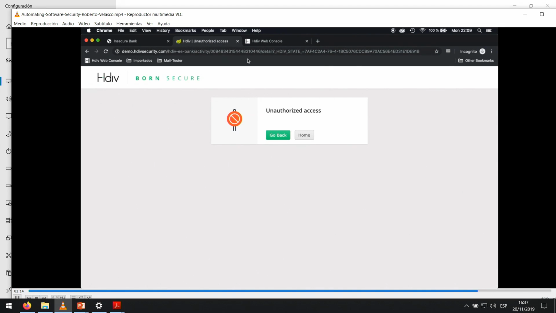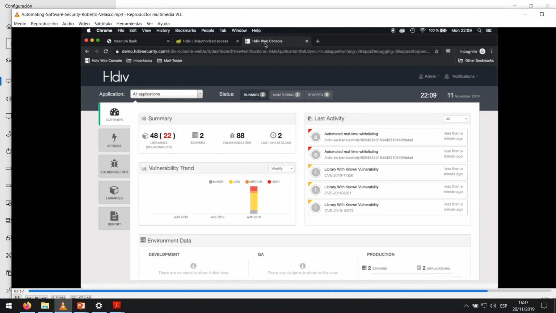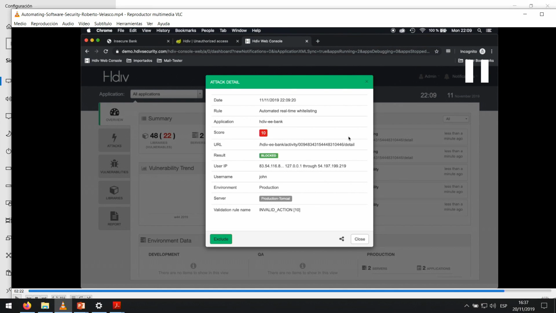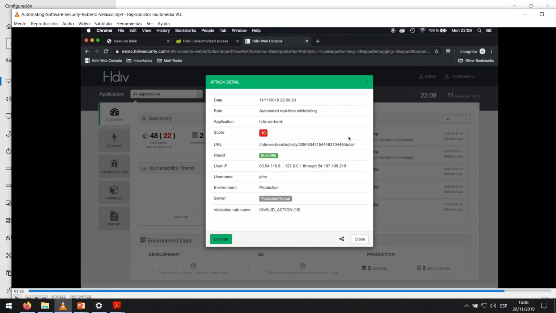In that case, the protection solution integrated into the application is able to detect the attack and report it to the web console. Not only block, also monitoring, and we have the information about the user that is changing the value. So even though our application performs this kind of validation, maybe you are not logging the activity. If we know that some users are changing the URLs, changing the parameters, probably it's interesting information for the security team to analyze that user. So it's important to not only block but also monitor this kind of activity.